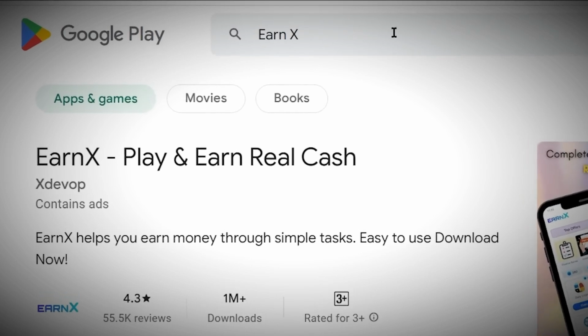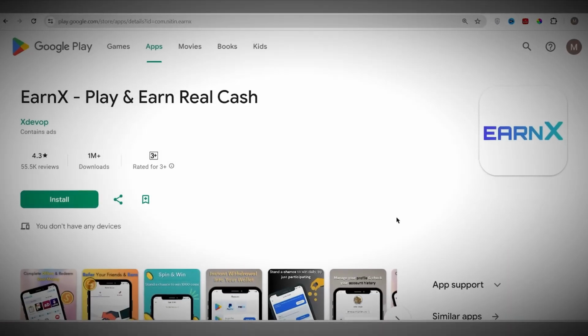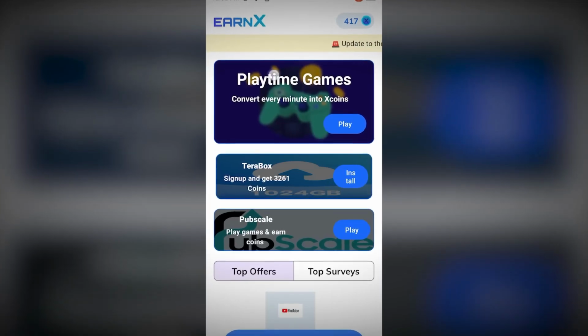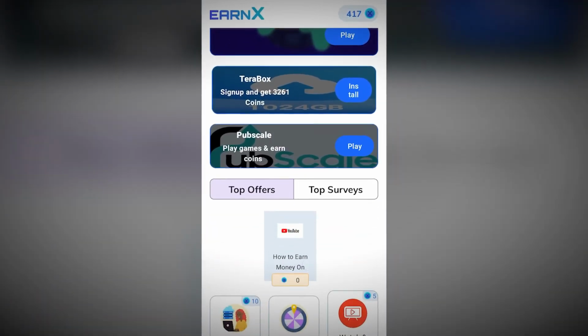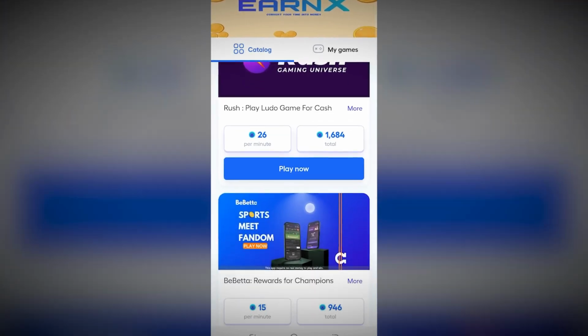income over time. NX provides a convenient platform for users to earn money by installing and using various apps. With a global presence and a range of earning opportunities, NX offers users the chance to supplement their income through simple tasks. By leveraging its features and exploring different earning avenues, users can maximize their earnings and unlock the full